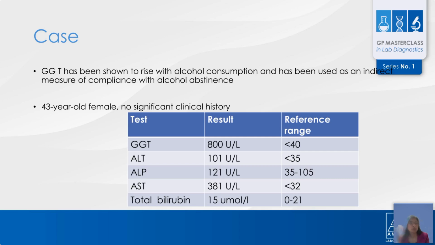The doctor asked if we could do a test called carbohydrate deficient transferrin after having a read. We do offer this test and we were happy to add it on as well. It was increased. The doctor went back and had a good chat with the patient, as well as urgent imaging, and the patient did admit that she had started drinking alcohol excessively during the last year. So this is a very interesting liver case.